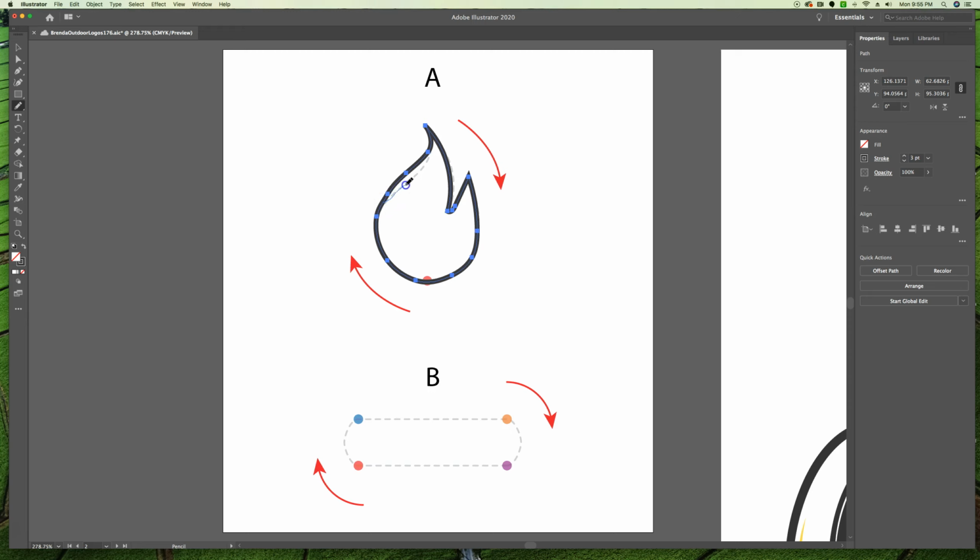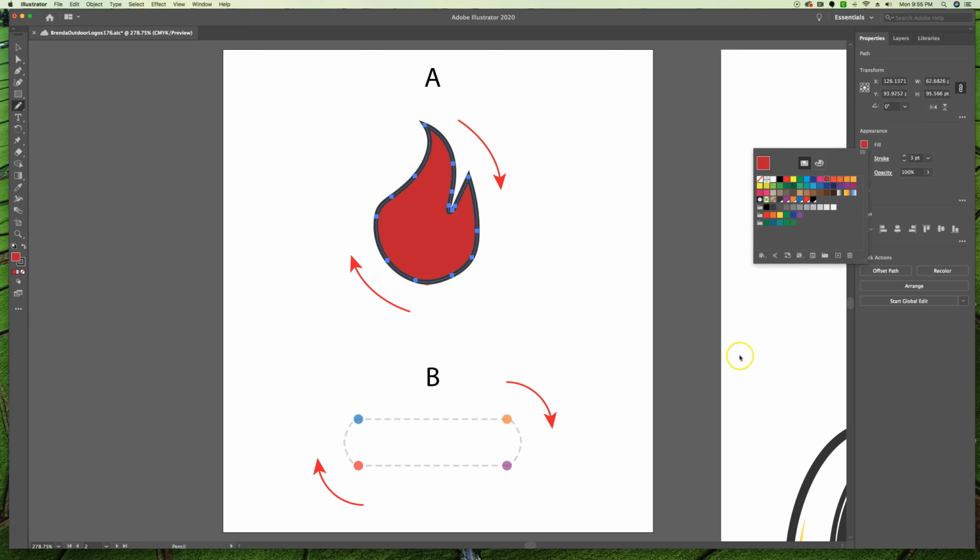Or again, it should have been right here. Oh, there we go. So if you need to redraw this, you certainly can. And if you screw up and make a line like that, you just didn't quite get it right. So I'm going to go from here to here. There we go. So you can redraw this and make it any way you would like. When you are complete, let's just fill this flame with some red, and we're going to move on to using